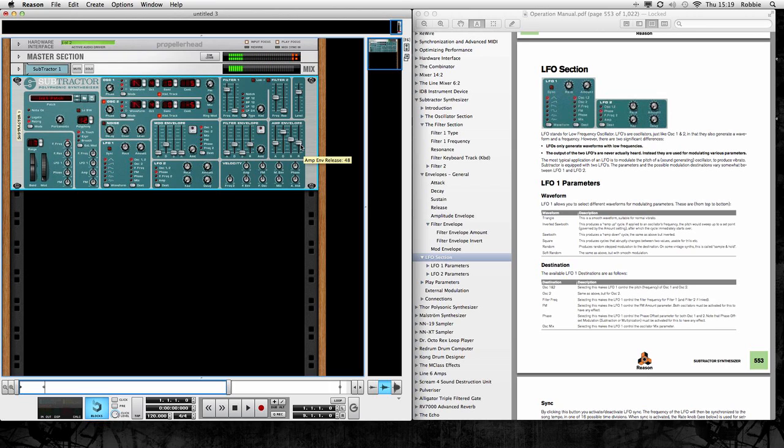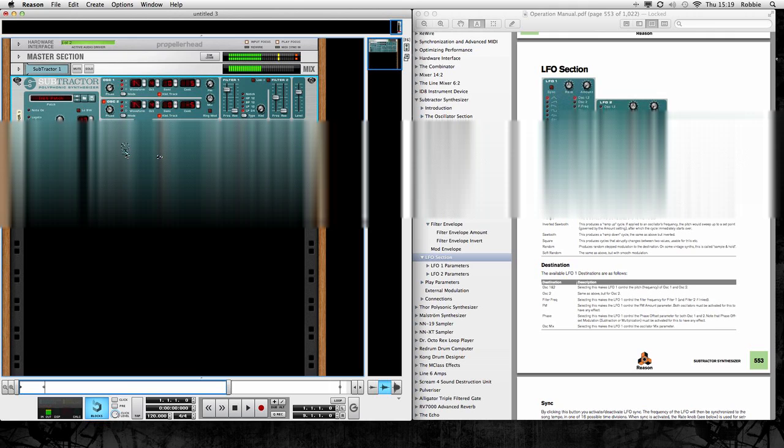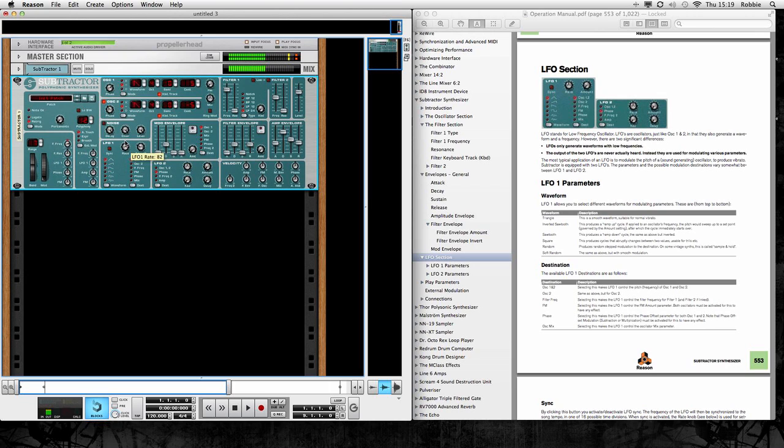And what I want to do is make it wobble. So what I'm going to do is add some amount of LFO, and it's going, as you can see, to destination oscillator 1 and 2. Okay, that's quite a fast rate. I'm going to reduce the rate a little bit so you can hear it,